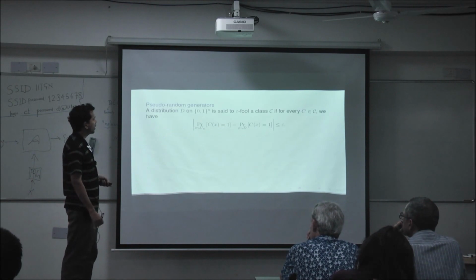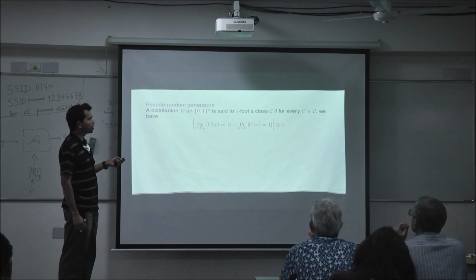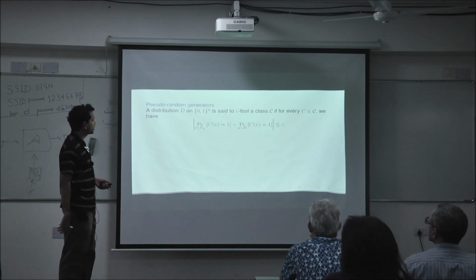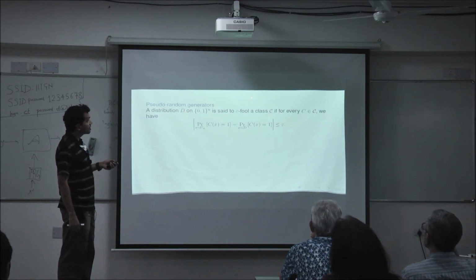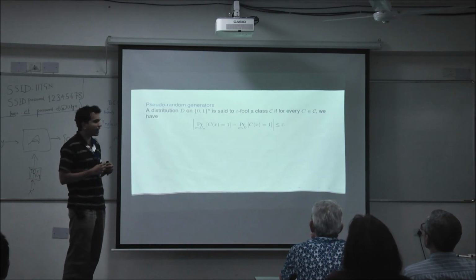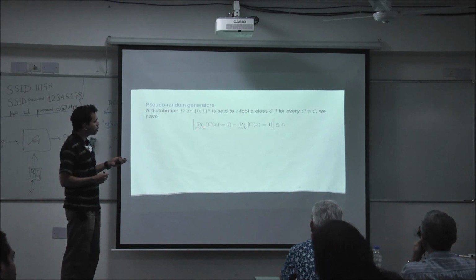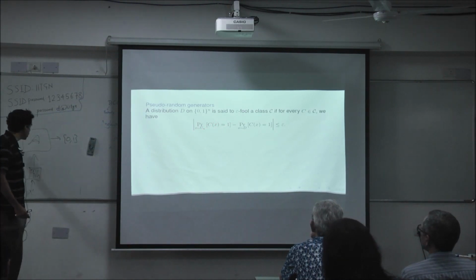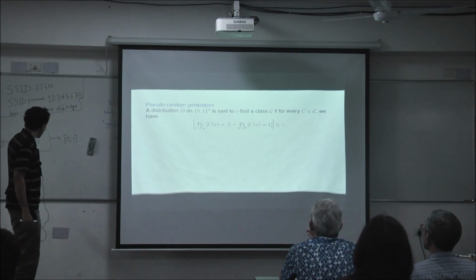So how do you do it? Define it formally. Well, it looks something like this. It's a distribution on {0,1}^n, and here this n is 10,000. It's the number of random bits the algorithm needs. A distribution D is said to epsilon-fool a class C into thinking that it's random, if no algorithm from that class C can distinguish between a uniformly random string, the old X that we had here, and this new pseudo-random string, the output of this box.